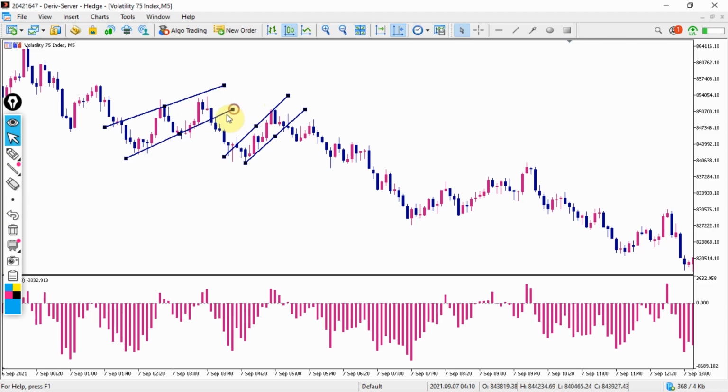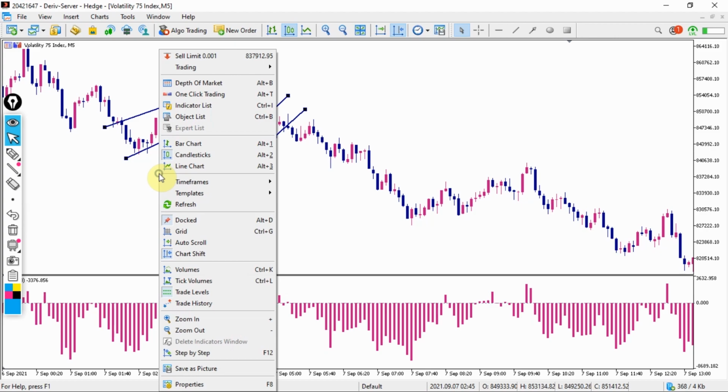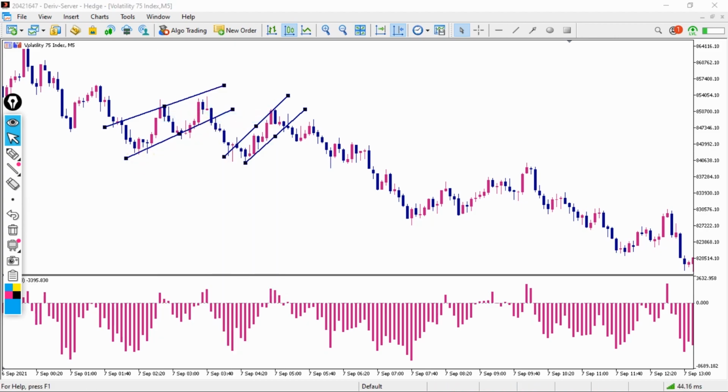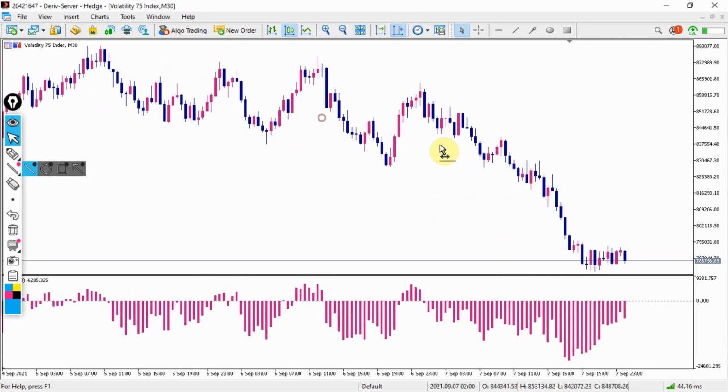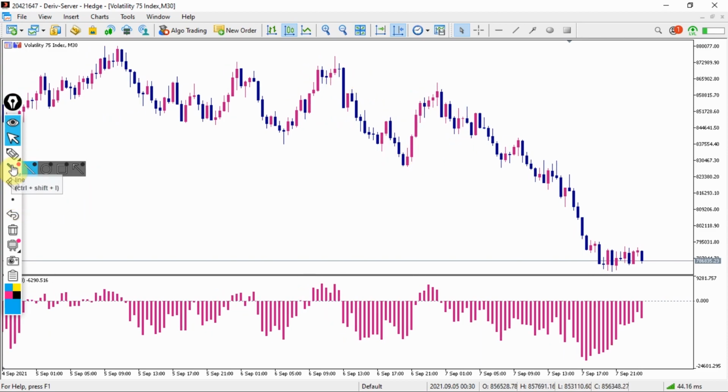So the reason I said it is good for scalping is that sometimes the price will just give you that signal or that direction, and then all of a sudden it will change again. So it's a good indicator, guys, for scalping, but you can use it on higher time frames. For an example, if I open the 30-minute,